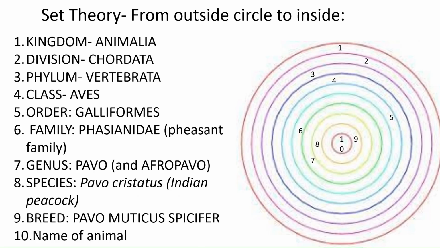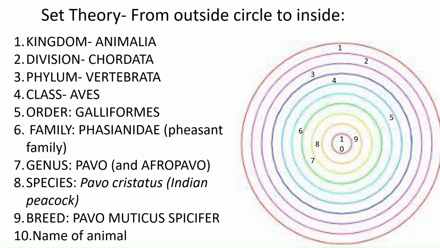This is called set theory, from outside circle to inside. So outside you find the kingdom Animalia. Next, inside comes division Chordata. The third circle is phylum. The fourth one is class Aves. Fifth is order Galliformes. Sixth is family,